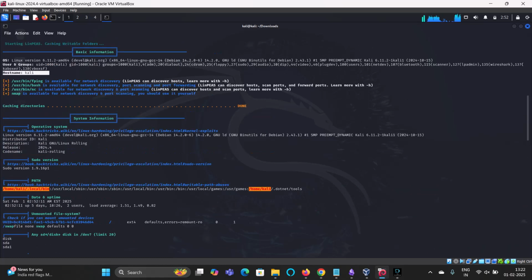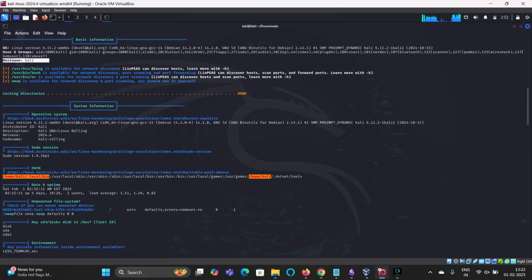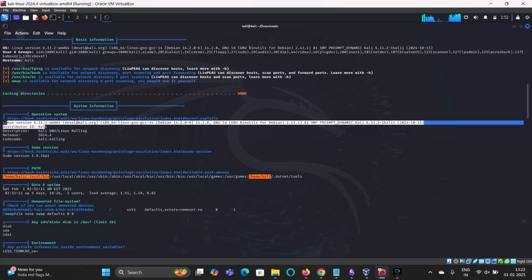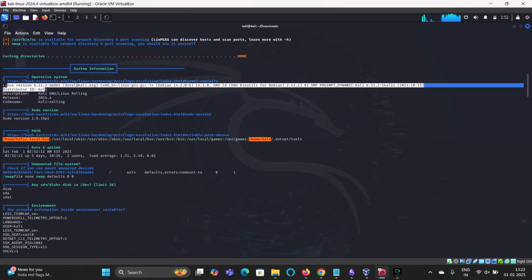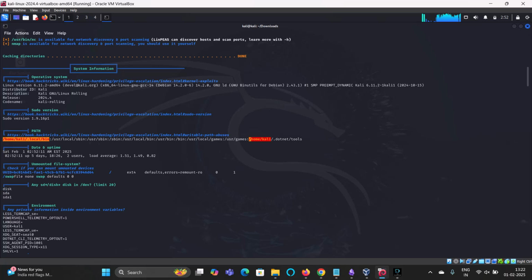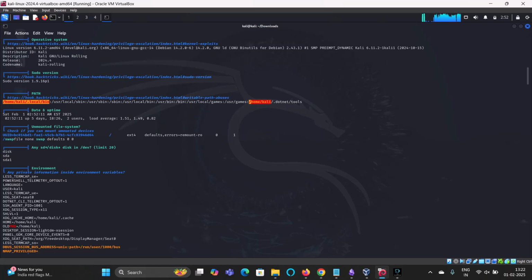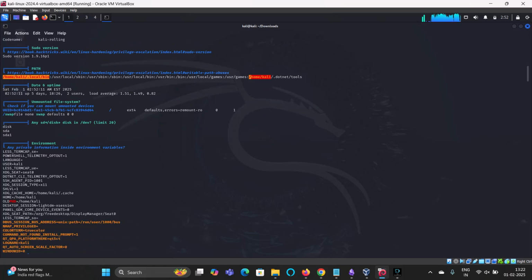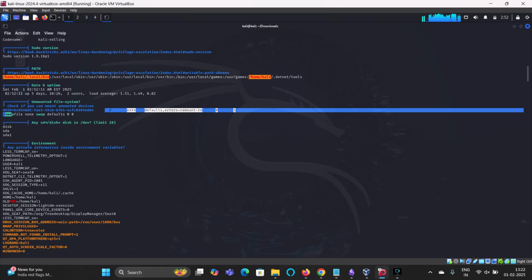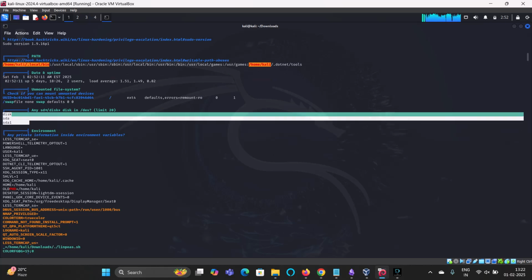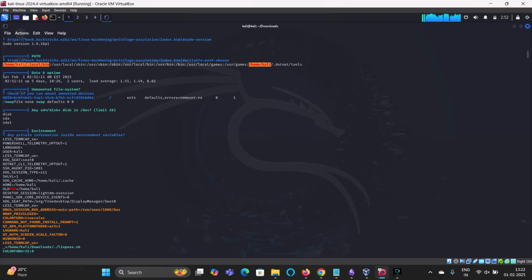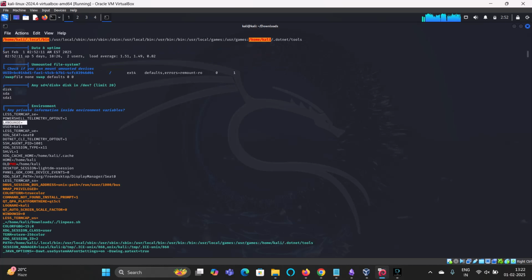I'll just show you how you can perform. After getting the basic information, it loaded the system information, that is Linux version, distributor ID, description, release, and everything regarding that particular system. After that, you can see the path, which path it is using. Look, it is showing it is having a home and the Kali path. Then you can see the date and the uptime of that system, then the unmounted devices, swap file, or any disk size, and that's how it is going to perform. You can see user is Kali. Language, I haven't set it, so it is not showing any language to me particularly.